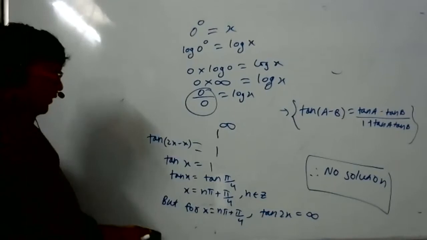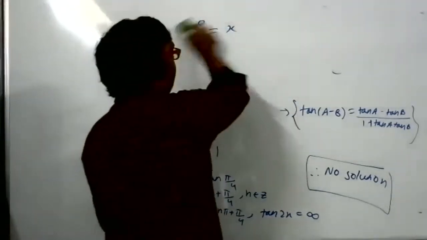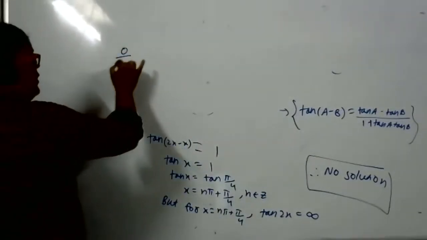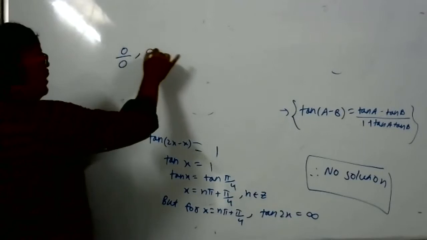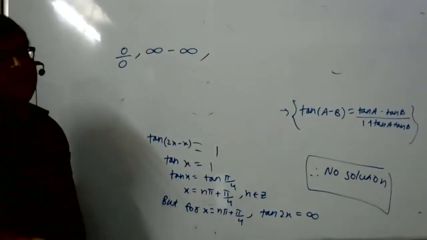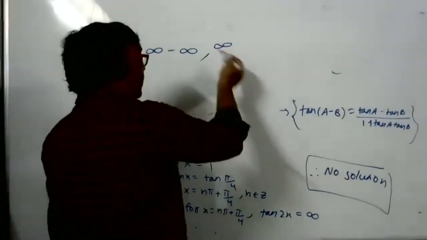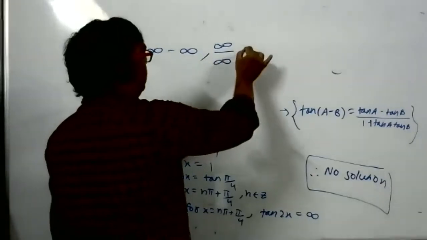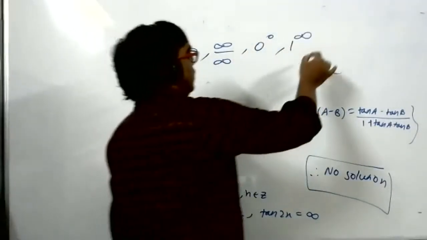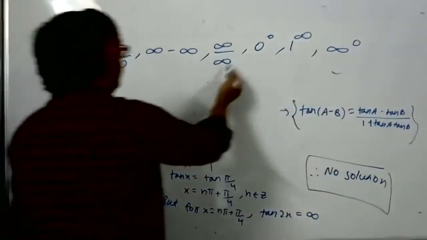But why did we start all this? This is why I told you, these answers we will study in the limit chapter. We don't know. This is an undetermined form, 0 by 0. Somebody say, infinity minus infinity, how much? Not defined, sir. Undeterminate form. Infinity by infinity, don't know. 0 to the power 0, don't know. 1 to the power infinity, don't know. I think infinity to the power 0 also we don't know. 7 are there: 1, 2, 3, 4, 5, 6.